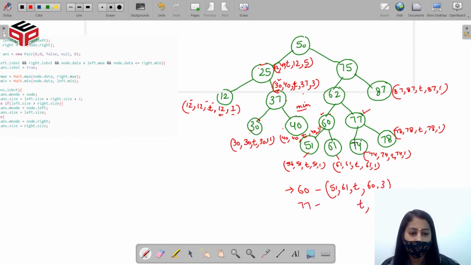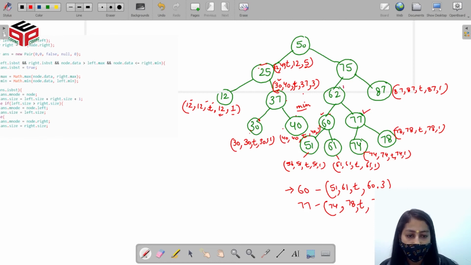The minimum is set to the minimum of 74 and 77, so the minimum is 74. The maximum is set to the maximum of 77 and 78, so the maximum is 78. Now 77 is representing the largest BST subtree up to 77. So maximum node is 77 and the size is again 3, right? So 77 will return this pair.